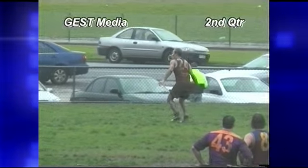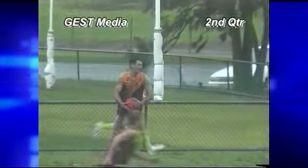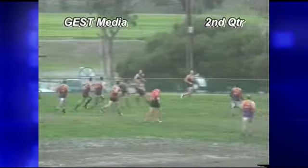So I don't think the players know where it's going either. This time we're right, now we're right. Maharis was right. The free kick, he just pointed the wrong way. So Nick Maharis, true centre wing, has the ball now, goes with the torpedo, not a good looking kick, gets